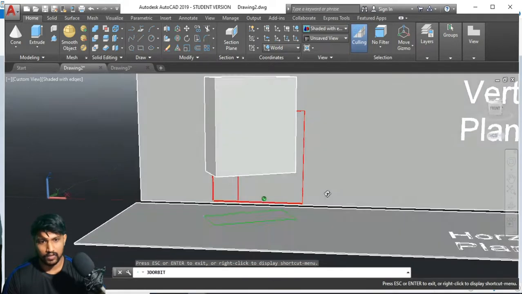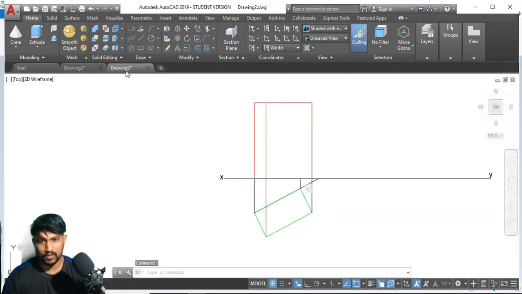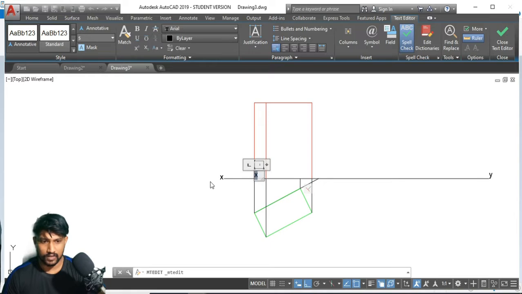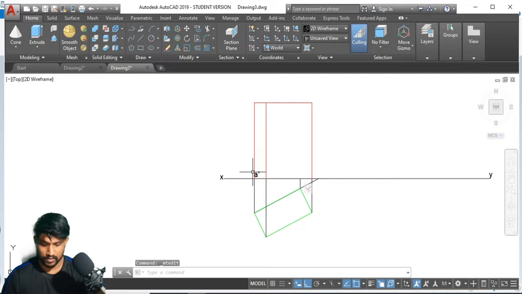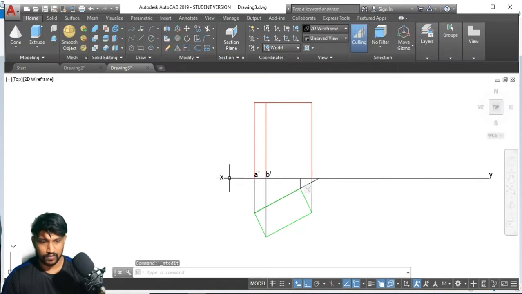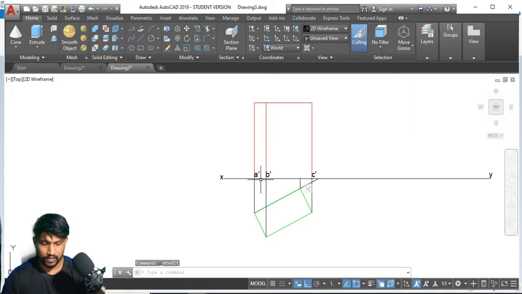That is how it will look from the front and this is how it will look from the top. That's what I actually mean. So that is what I wanted to say. Let me give the namings to this one. Namings remain the same. If it is a front view, we will give it like A dash, B dash, C dash, D dash can be seen.